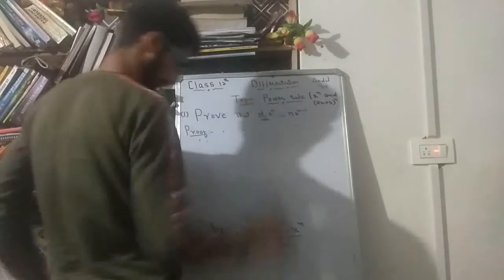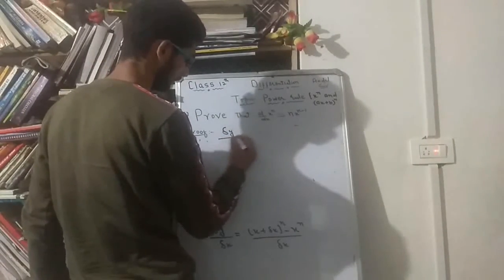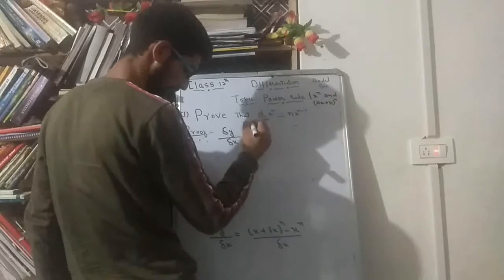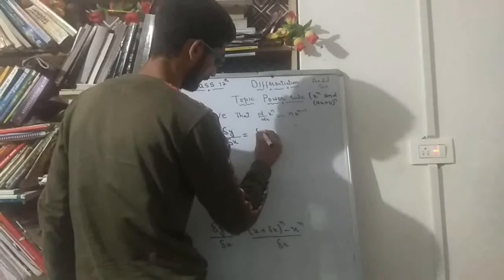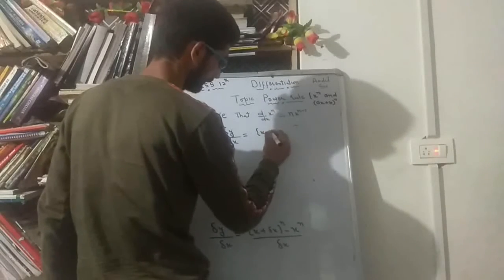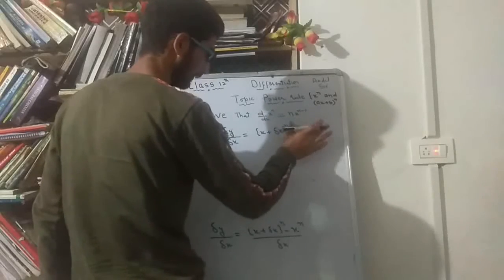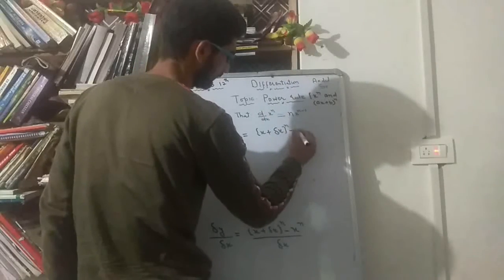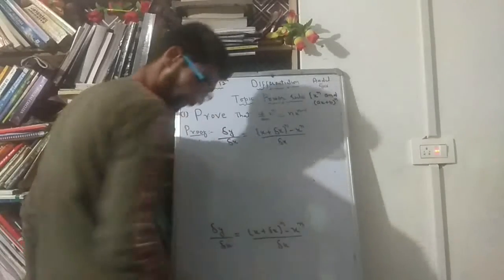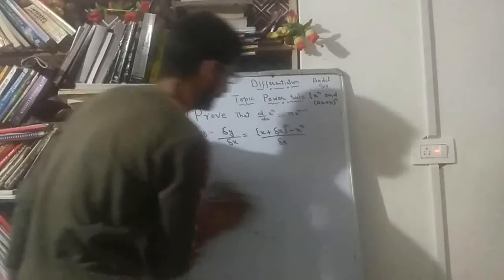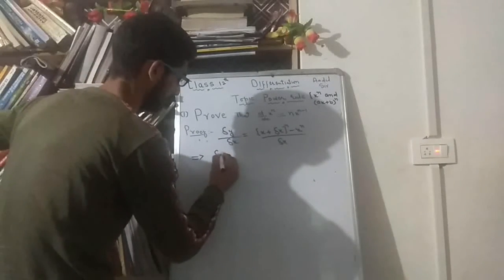We have del y divided by del x equals (x plus del x) raised to the power n minus x to the power n, divided by del x. So here now you check, which implies del y divided by del x